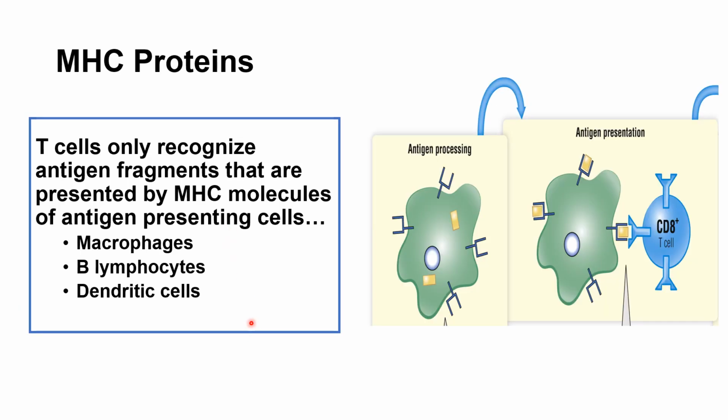Now, the activation of T cells is brought about by specific antigen, resulting in the activation of resting T cells into a mitosis phase. However, this activation or the recognition of antigen is brought about by the antigen fragments which are presented by MHC molecules, and they can be the macrophages, the B lymphocyte or the dendritic cells, which present the fragment of antigen on their surface in association with these MHC proteins.